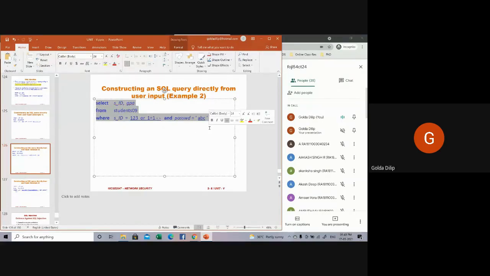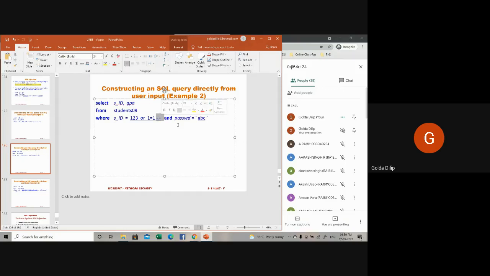What is the first part of the where clause? That is S underscore ID is equal to 123 or 1 equal to 1. The second part of the clause will always be true, and hence the clause evaluates to true. Moreover, you can see that this clause is followed by the symbols dash dash.